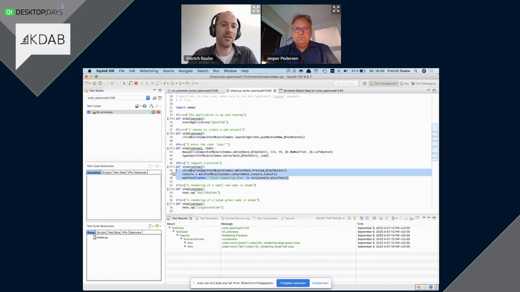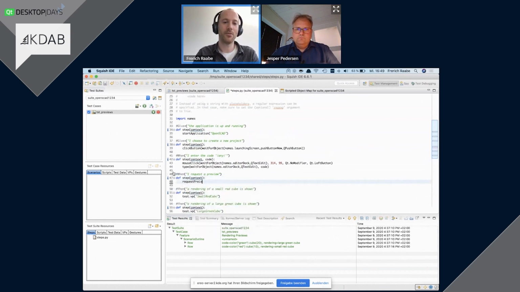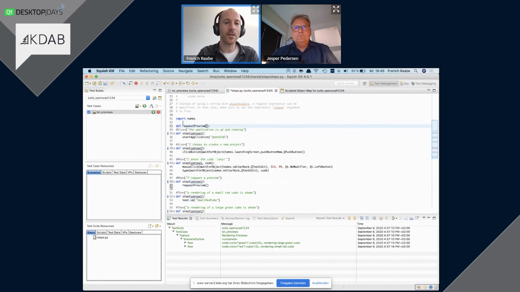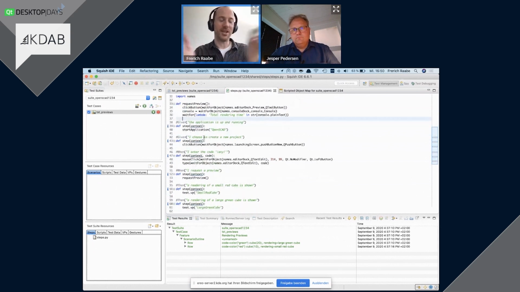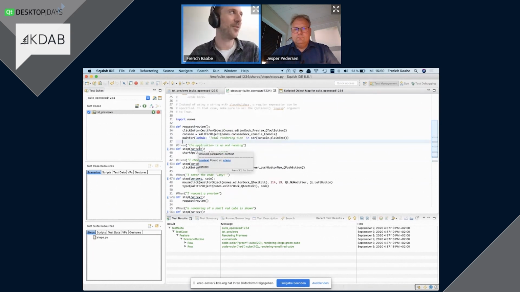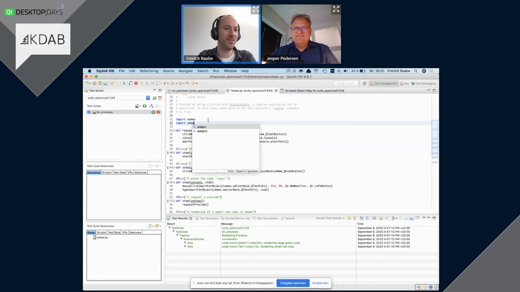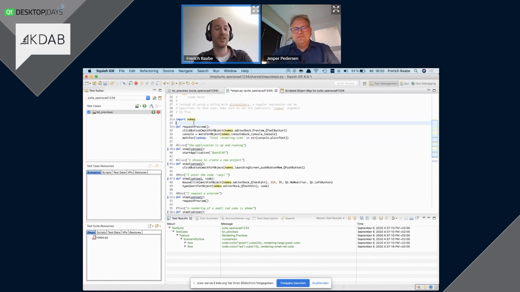So in here, you could have a shared function, like request preview, and then you have something like request preview like this. And you could call this shared function also from non-BDD test cases if you like. Since this is Python, or even the other scripting languages, you don't need to reinvent the wheel. So if you wanted a test which sends an email in case rendering takes very long, I'm sure Python has something like smtplib, for example. If you want to run external processes or query databases, which is also quite common, you can do anything like that. We didn't reinvent the wheel.